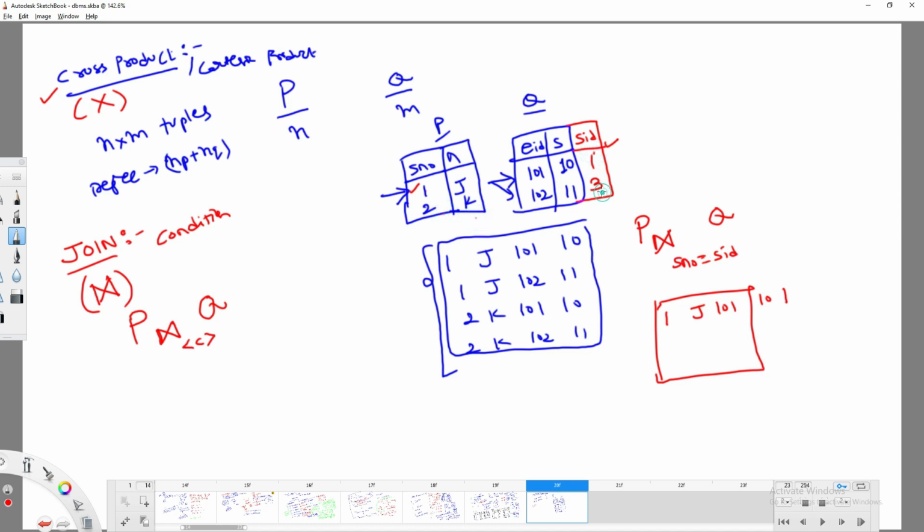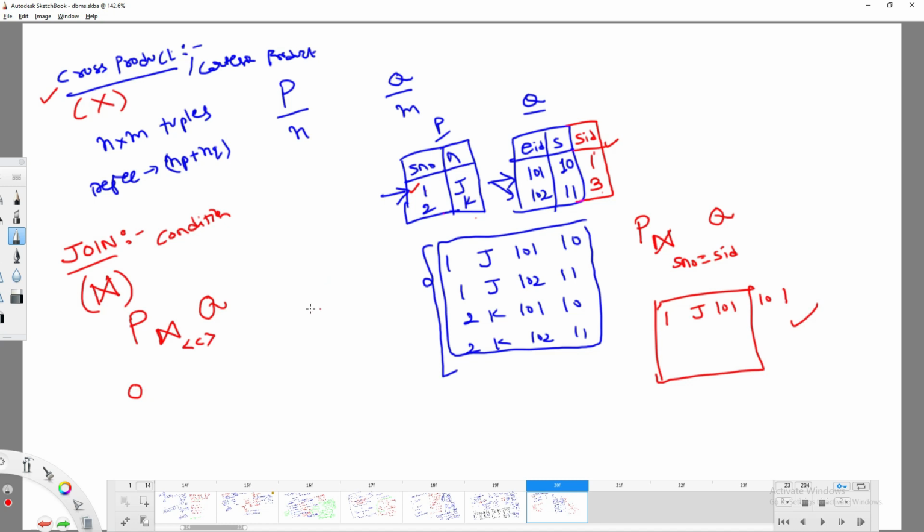So while applying the join operation, you check for the condition. If you apply a condition, this is technically called a theta join.